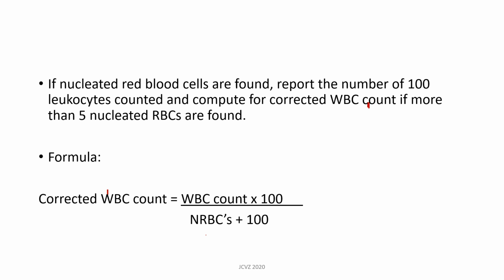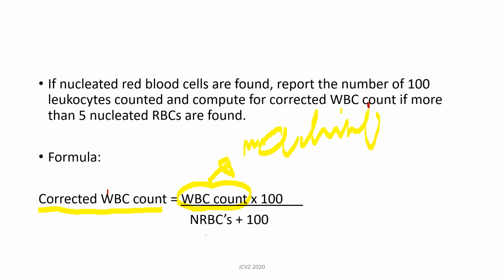In our formula for the corrected WBC count, we have the WBC count. This one should come from the results generated by your machine. And then you have to multiply it by 100 and divide the result by the total number of your counted